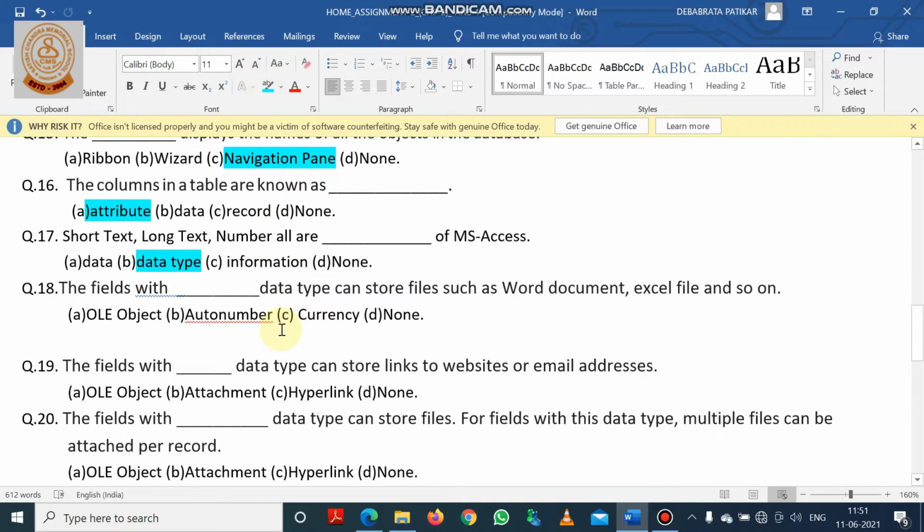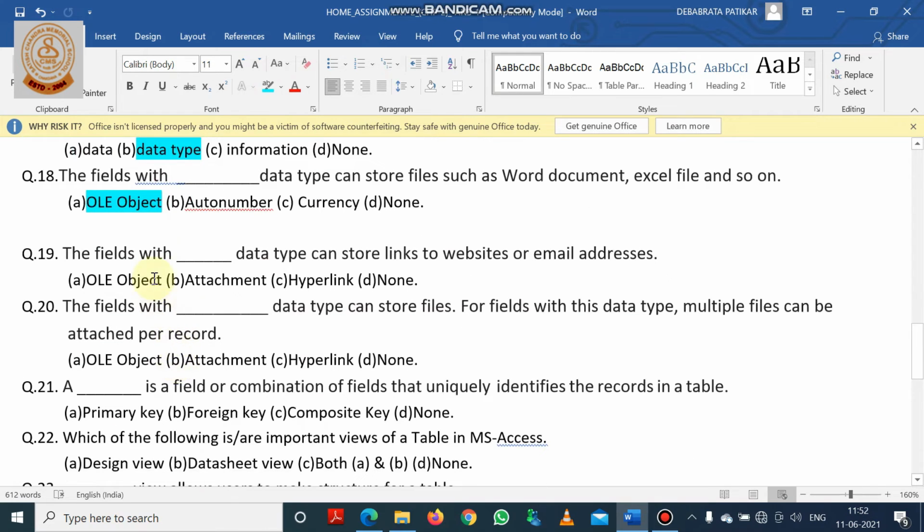The field with dash data type can store files such as Word document, Excel file, and so on. Student, the option will be OLE object. OLE object is the option that you can set as a data type for a field, and based on that field you can attach the Word document, Excel file with that data field.